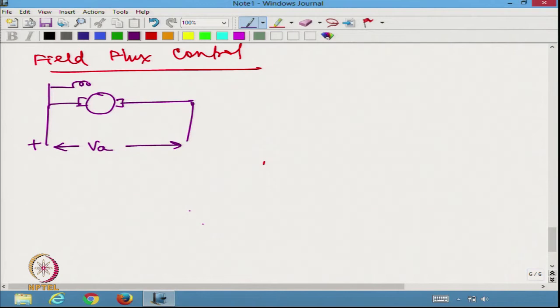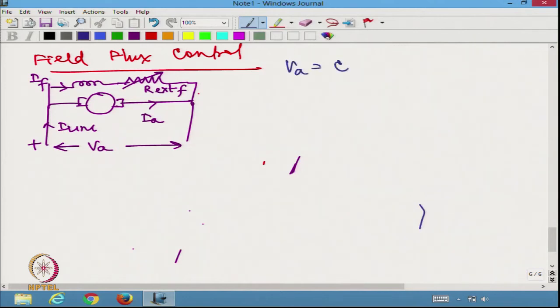Here is my field system. I will put an external resistance and I would vary that. So, this is R external F. This is original RF. So, this is going to be IF, and this is I line and this is IA. So, what I am going to keep is basically VA equal to constant, RA is also constant,